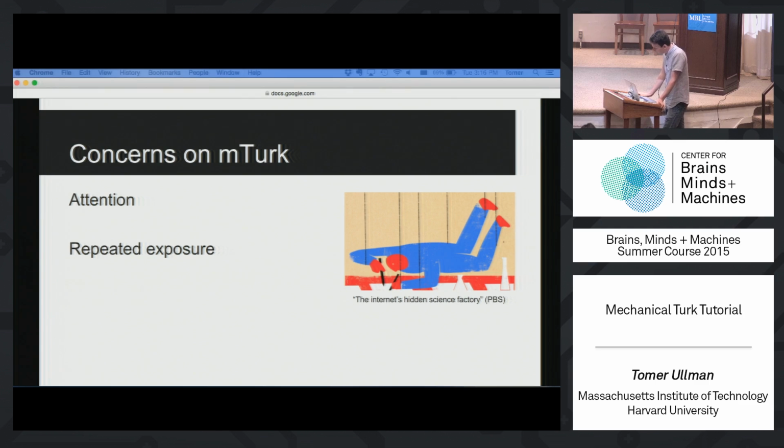The same small group of people is probably responsible for a lot of these studies. The other reason that repeated exposure ruins things for us is because it just ruins basic correlations. So let me give you an example. Who here has heard of the ball and bat question? Who here has not heard of the ball and bat question? Okay, let me pose it to you. Those of you who suddenly say, oh yeah, I know this, shh, okay. I'm interested in people who have not heard this before.